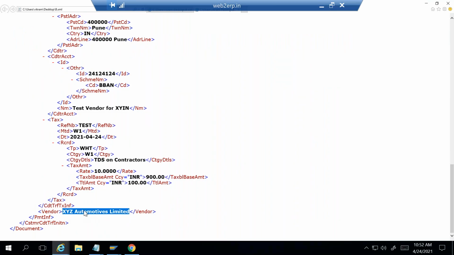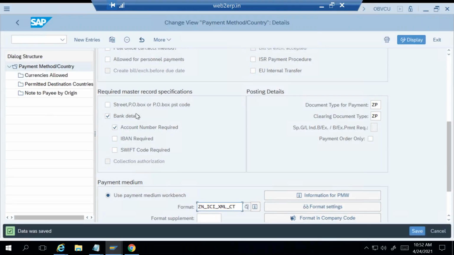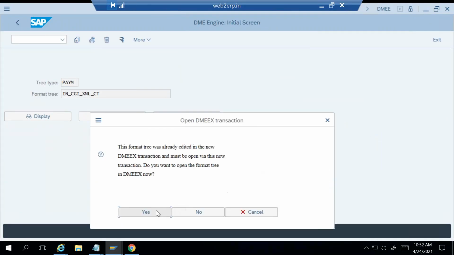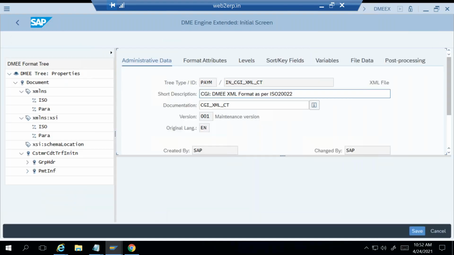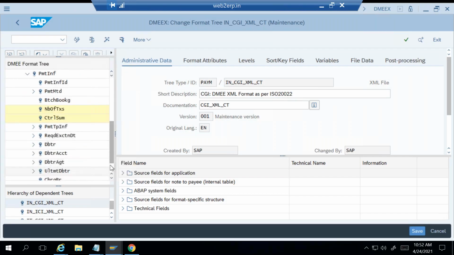The only thing you need to remember is it is showing vendor, but name it is showing our name. The reason is the field that we have selected, this is not actually the vendor name, it was our company name. So what you need to do now is you go to DMEE, just ensure that the field that you mapped, okay, which field we mapped to, this one particular one. If you come down,